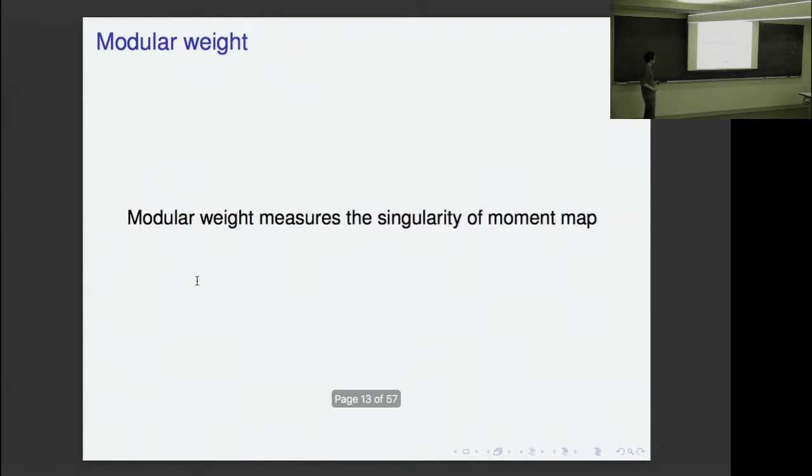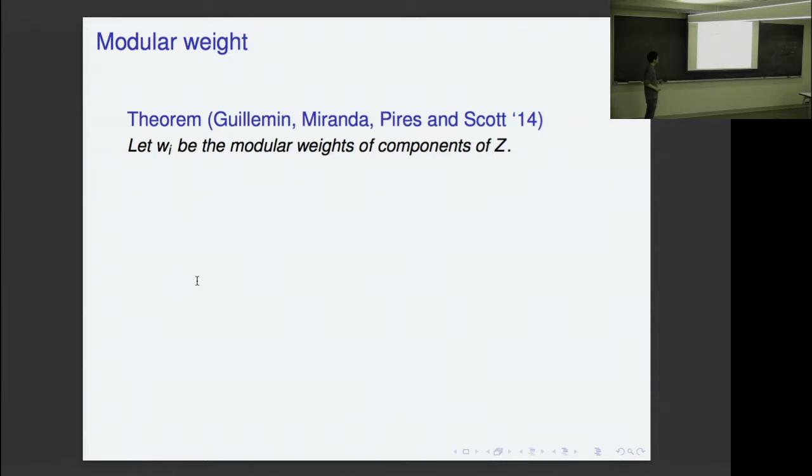And here we have the definition of the modular weights for every component of the singular locus. But it turns out that they are very closely related, as in the theorem of Guillemin-Miranda, Pires and Scott. So we have two cases. Either all the modular weights are 0, or the modular weights are non-zero. And if the modular weights are non-zero, then this is the case pointed out by Victor that we will have